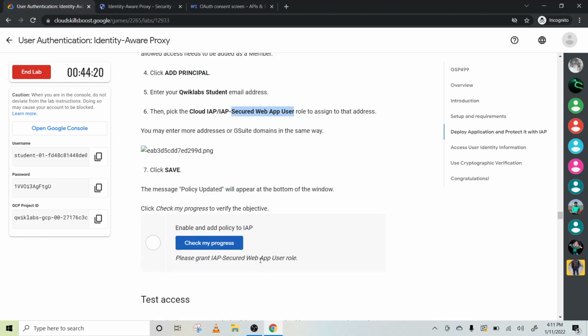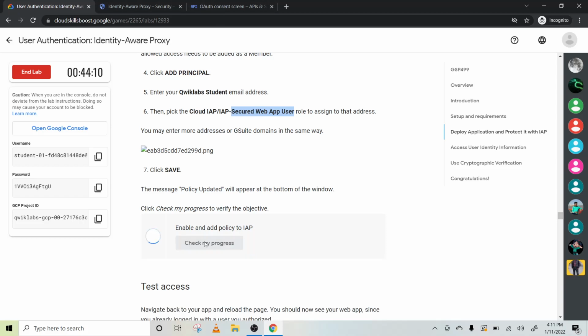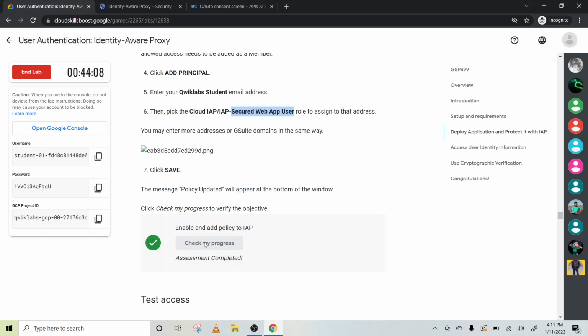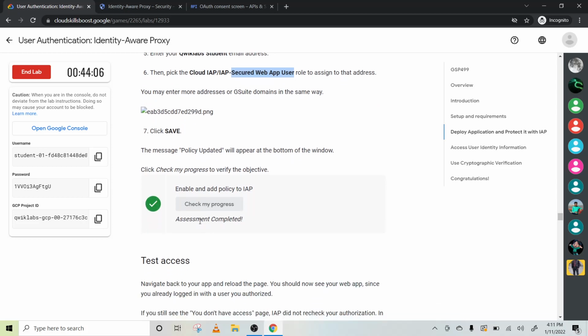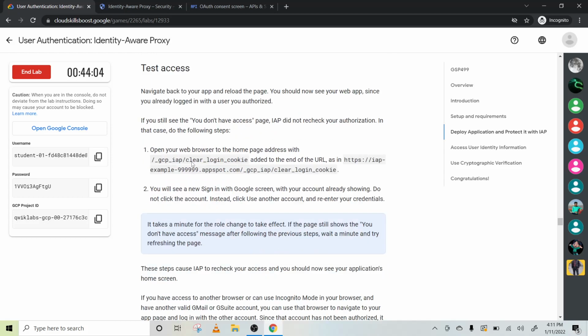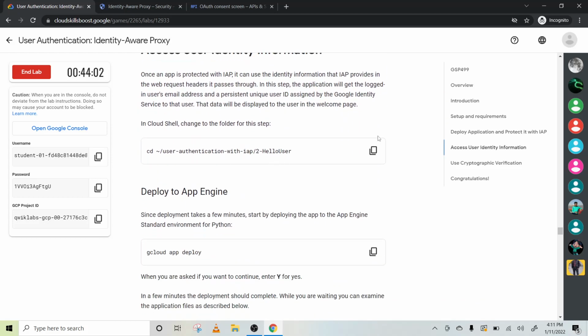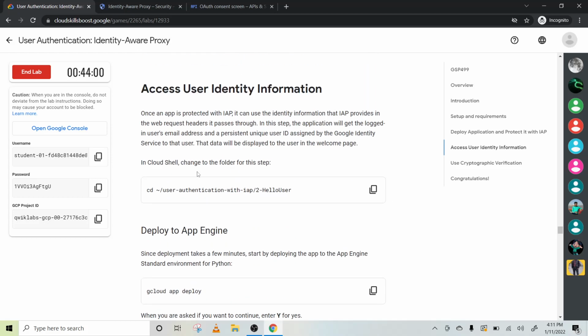Granted use web. Okay, I am granted. Okay, see, it works. Now test the access. You know it will work.